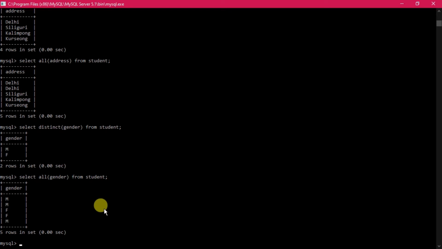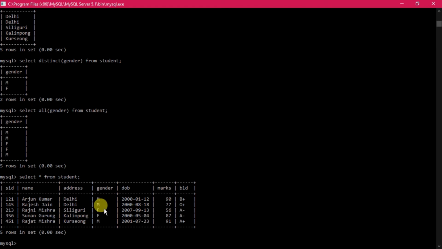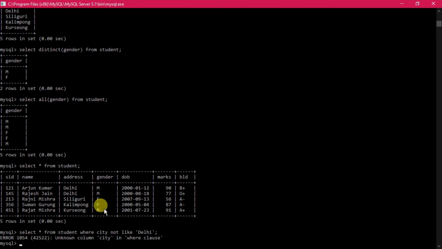Now one more thing I want to show you. Select star from student. Now I want to display those who are not living in Delhi. Select star from student where city, not like Delhi.